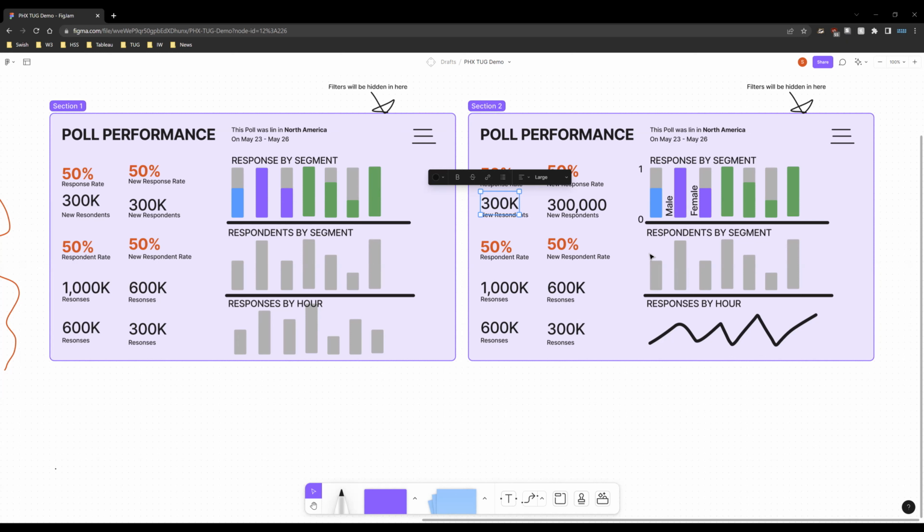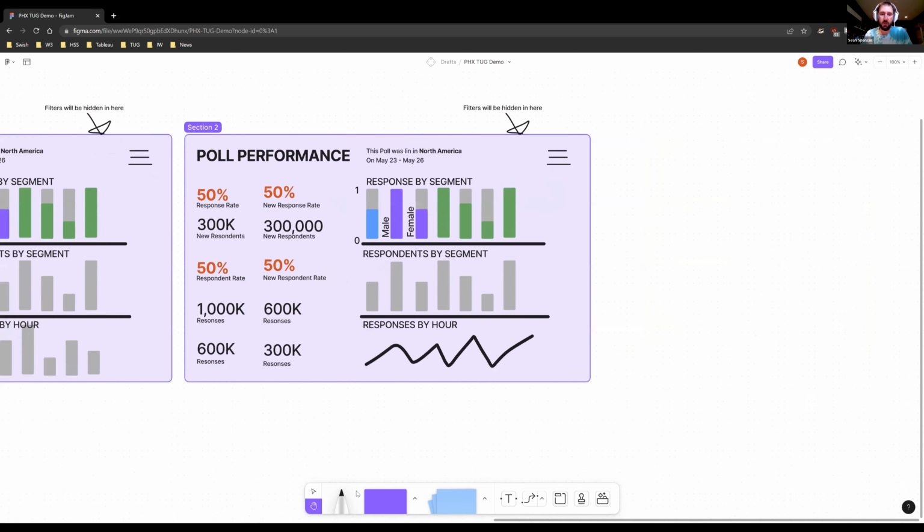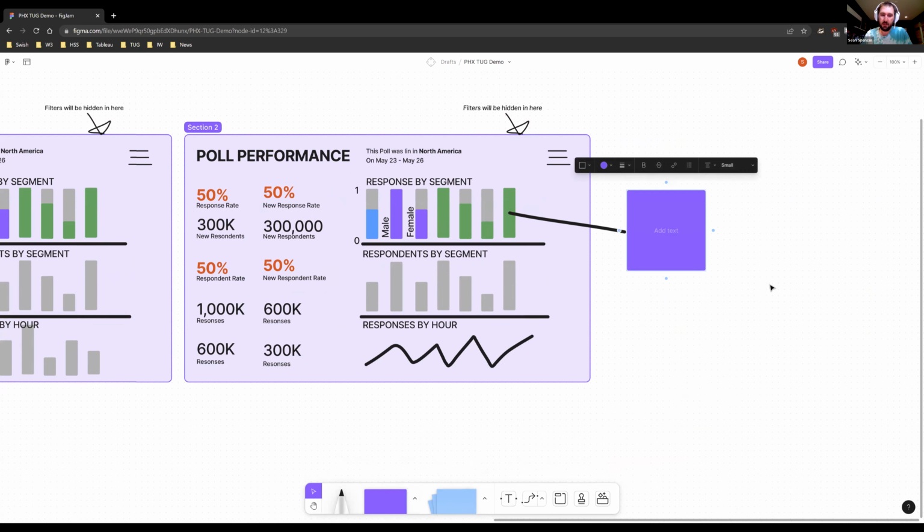Well, we had another question. How would you mock up or mimic a tooltip behavior? Oh, I wouldn't. What I would do is take this pen and this line and draw a line over there. Then I'd grab one of these shapes and put it here and say tooltip, and then put whatever information or format in here.